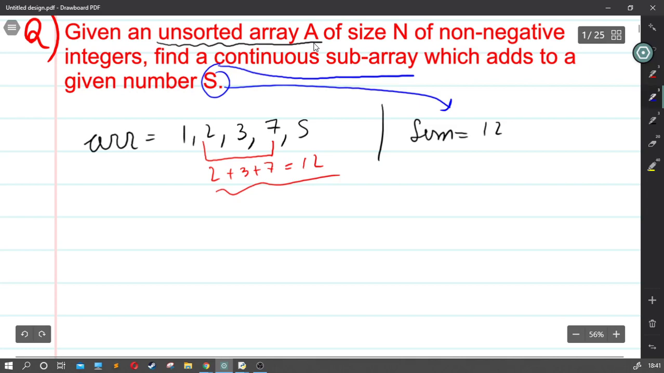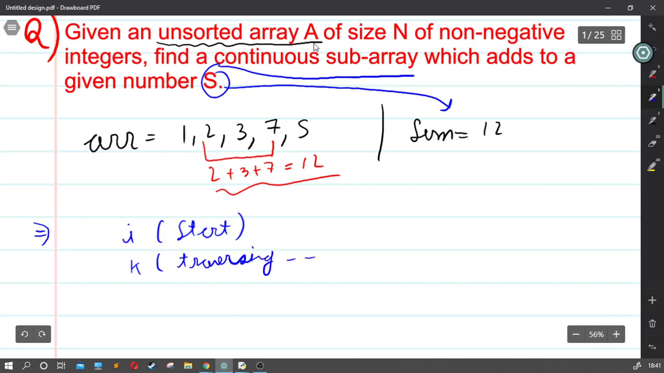Okay, so let's see how it's done. It's kind of a simple task, not a difficult one. We need to make three variables. First, a variable i, which is the start. Then a traversing variable, which can be denoted with k. We can also have s, which is the current sum up till where we have